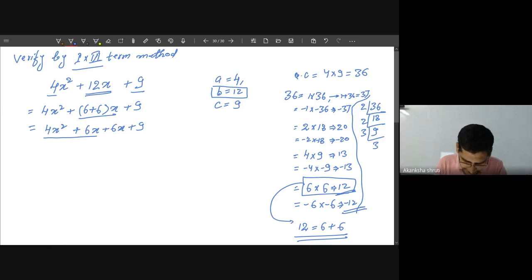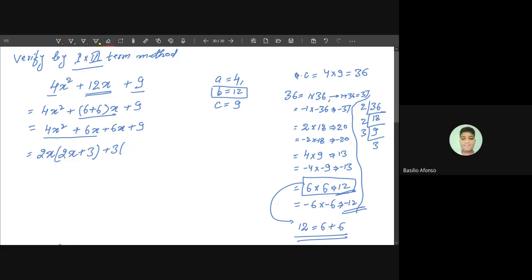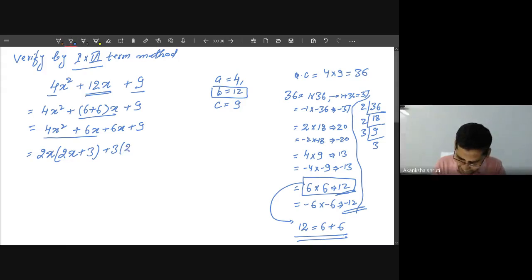Now students, from these first two terms you have to take the common factor. What is common? 2 is common to 4 as well as 6. x is also common, so 2x can be taken out. What is left from the first term is 2x, and from the second, what is left is 3 only because x is taken out. Now from the last two terms, 6x and 9, they have 3 as common. Taking 3 out, it becomes 2x plus 3. Yes, and from 9, taking 3 out, it becomes 3.